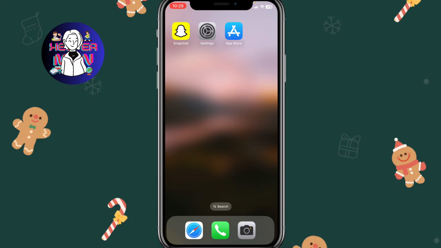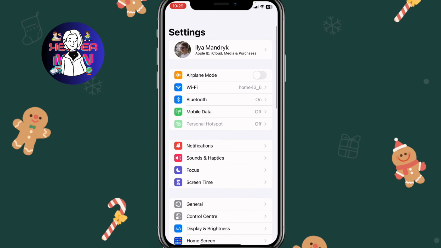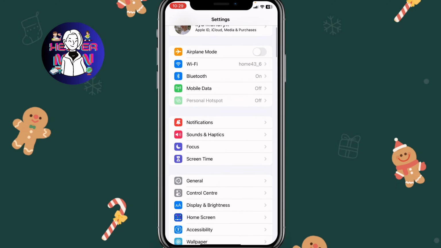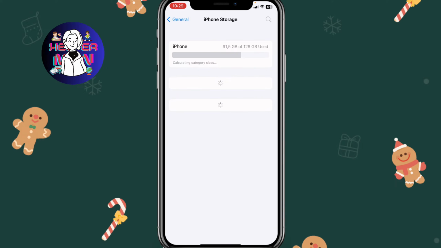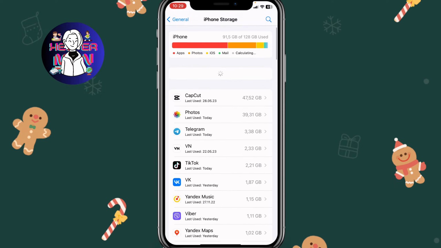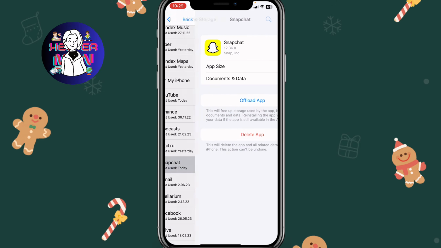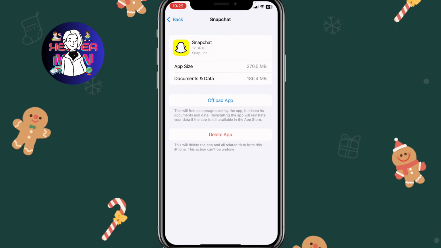So the next thing we need to do is just simply go to settings, then click on general right up here, and then go to iPhone storage. And after that, we need to click on Snapchat here, and then just click on Offload App. So after that, your data will be deleted from your device, and you need to reinstall it by simply clicking on Reinstall App. And then you need to try to open Snapchat, and probably you'll have the ability to log